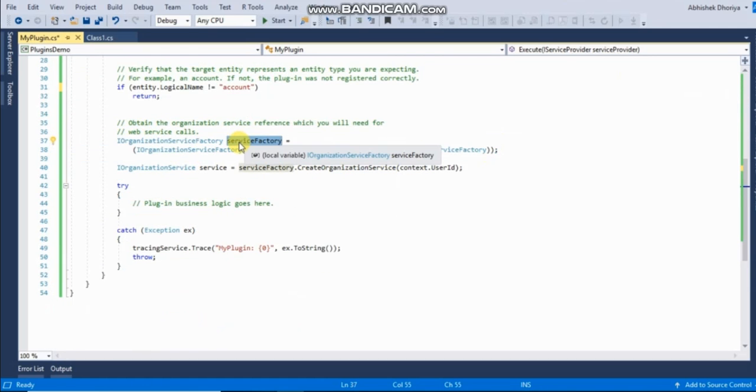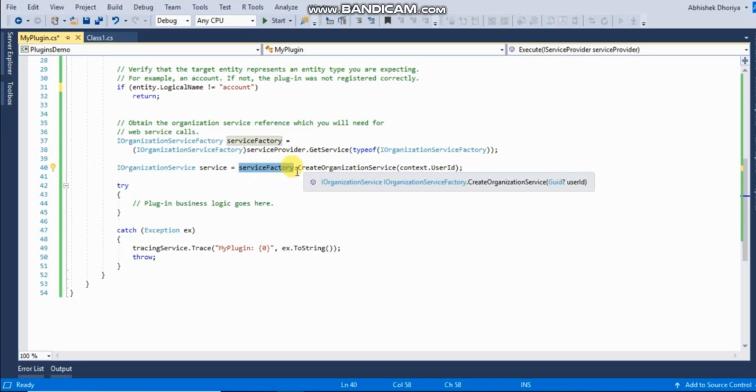Once you get the service factory object from the service provider, now you need to create an organization service object under a particular user's context in order to make any CRUD operation within your plugin code. You can get the service object by creating an organization service from that service factory under a specific user's context.